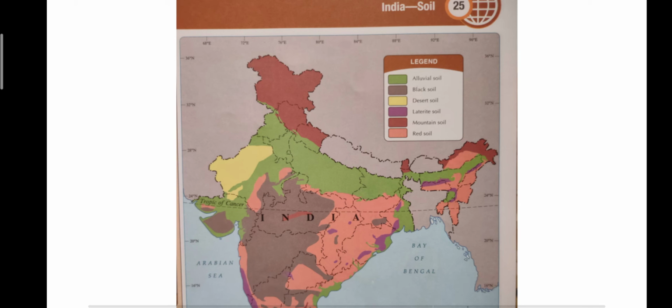I'll repeat it again. The physical map will show us only the landforms which are present on the earth, and different colors are used to show the different landforms. For example, blue will show water bodies, brown will show the mountains, white will be represented with snow covered mountains, and so on. So this is a physical map.